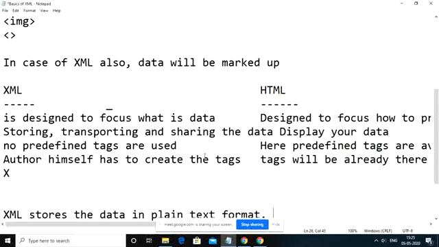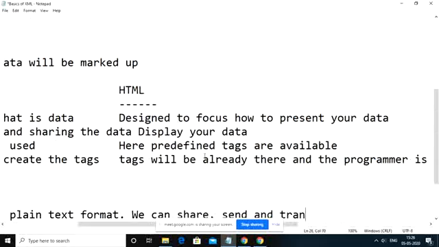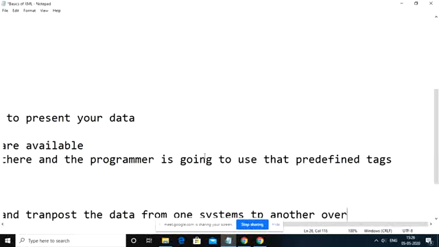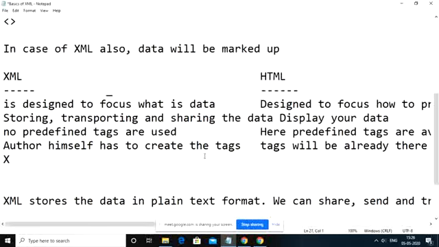That is the reason we can share, send and transport data from one system to another system over the internet. That is one of the major features of the XML language.